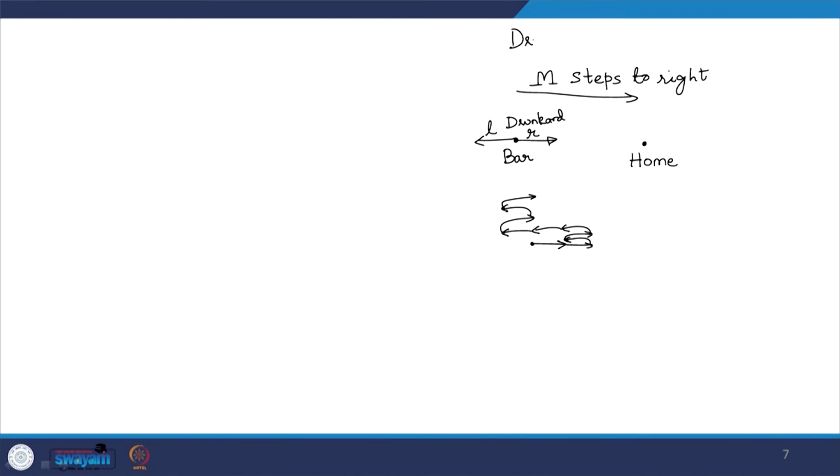However, that does not dictate whether he can get home or not, because if he makes 500 steps, it is quite likely that at one of the points during the 500 steps, he was 10 or 20 steps to the right. So, even though the average says that he will remain at the bar, in reality we have to look at the trajectory of this drunkard walker, that is called a drunkard walk or a random walk